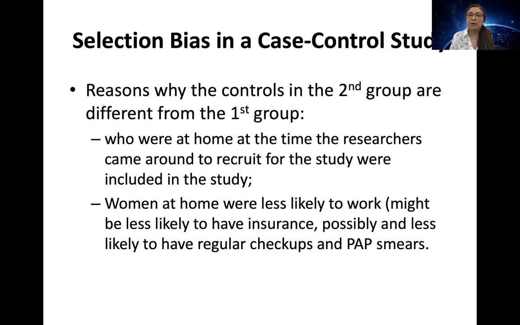But you see how, versus the control group in the hospital, these people clearly have medical coverage, right? And maybe they're more diligent about their health. So the characteristic of the control group in the first example is different than in the second. So to summarize this, selection bias in case controls really has a lot to do with choosing the control group. And we have to consider what are possible traits in the control group that could influence our result,